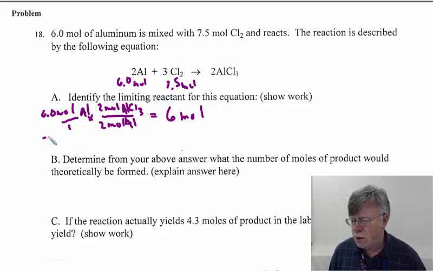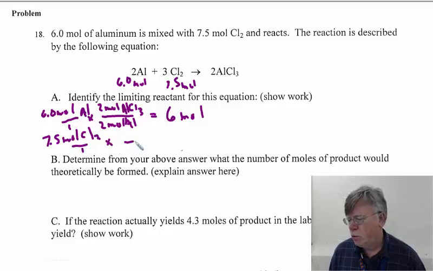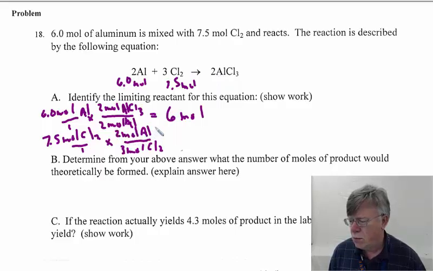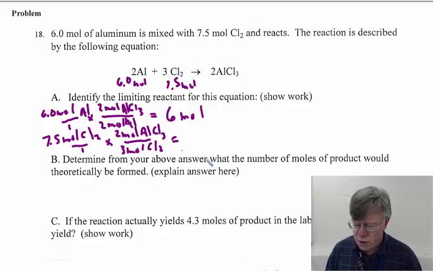So keep that in mind. Now I have to solve for the next one. 7.5 moles of, this time it's Cl2. Okay, and now let's work in the mole ratio here. Here the mole ratio is 3 moles of Cl2 will make 2 moles of product. And so here we have 7.5 times 2 divided by 3. Let's get an exact amount on that. 7.5 times 2 divided by 3 equals, so here I can only make 5 moles